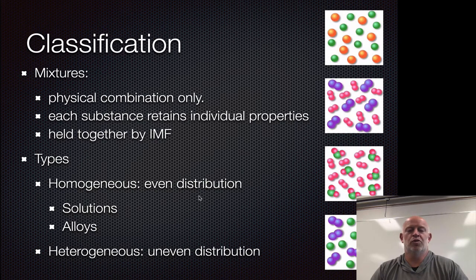We should know that Kool-Aid is actually a mixture of sugar, other colorings, and water. So it's a mixture of several different elements and compounds that creates the Kool-Aid. It's not chemically bonded. The sugar does not chemically bond to the water, but it gets dissolved inside there. So we get this nice even distribution. Those sugar particles blend in evenly. That's a homogeneous mixture. All of our solutions are going to be homogeneous mixtures, things that you put into solution.